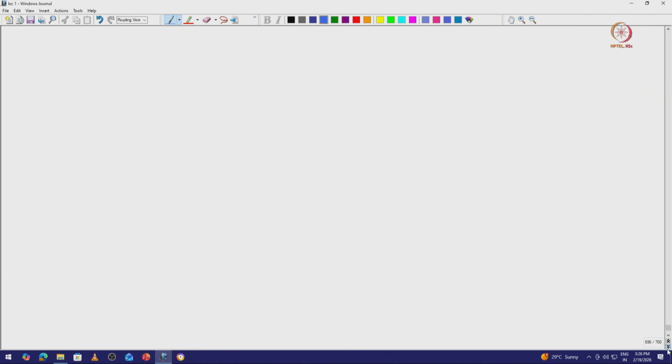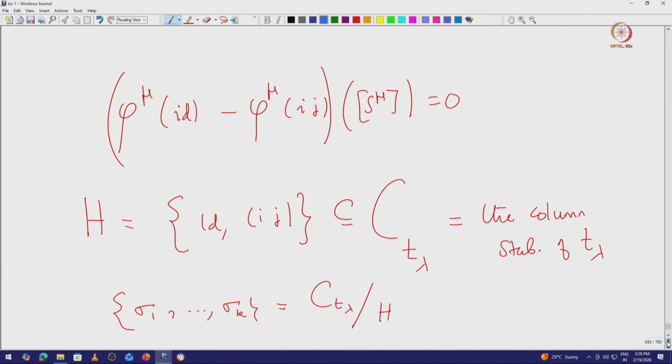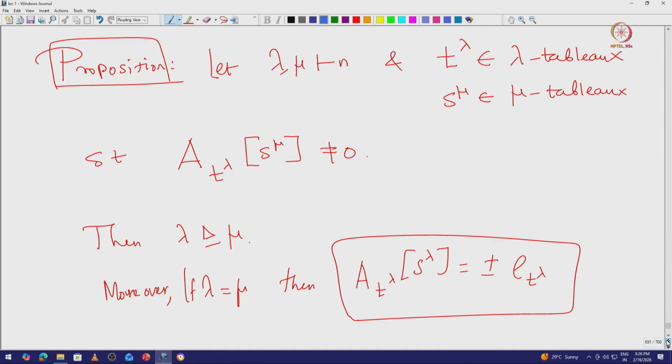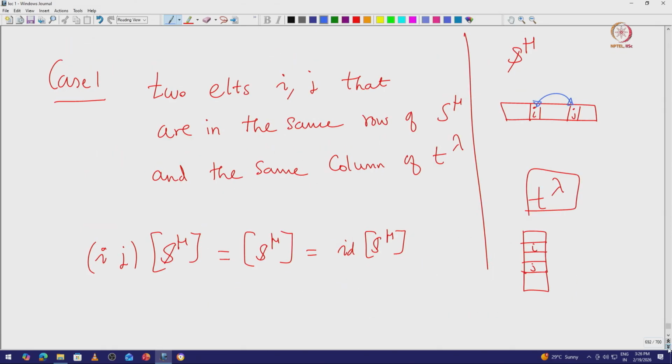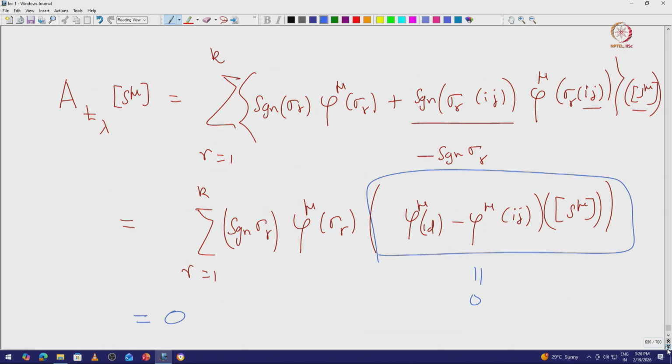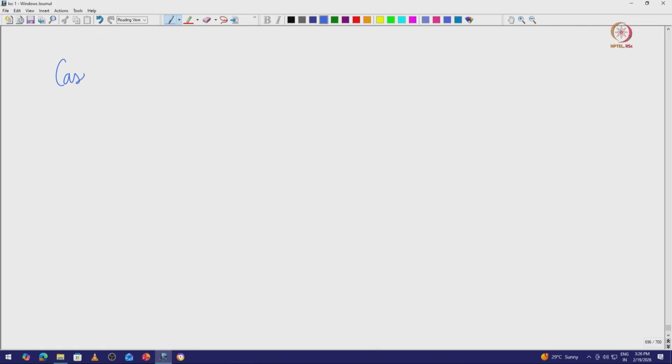If we go back to the hypothesis, we can see that this A T lambda applied on S mu is indeed non-zero. So, that means we get case 2: A T lambda S mu is non-zero,